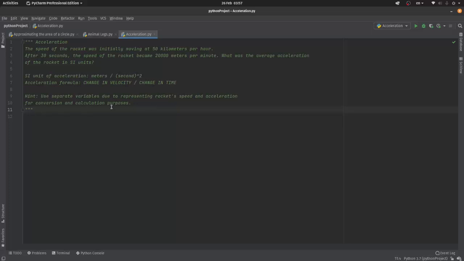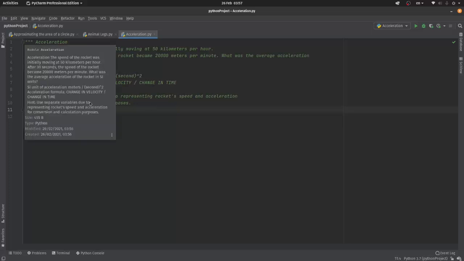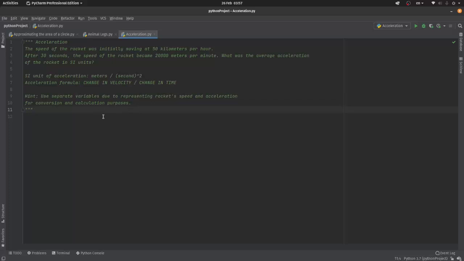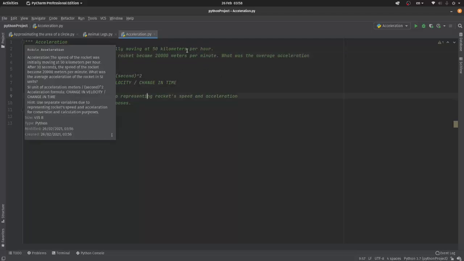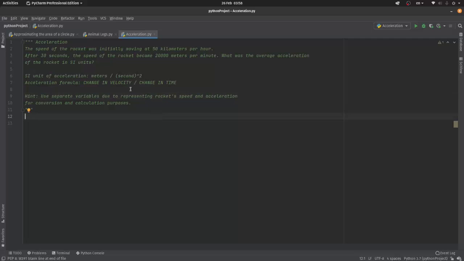I urge you to stop the video here and think about this on your own, and continue to see the solution. Now, first things first, as you can see, there are a lot of things that are messed up, like 50 kilometers per hour and meters per minute, and none of them are SI units. So we need a lot of conversion here. Let's note the time first, just 30 seconds. Time equals 30